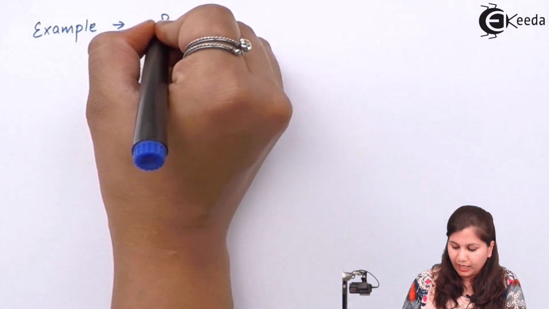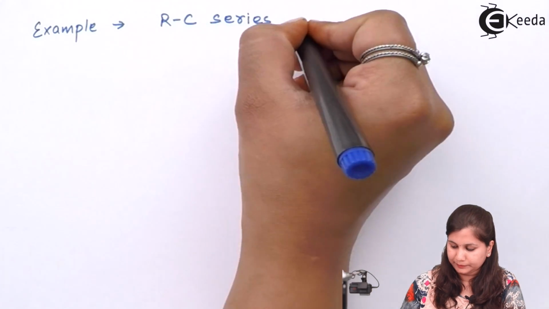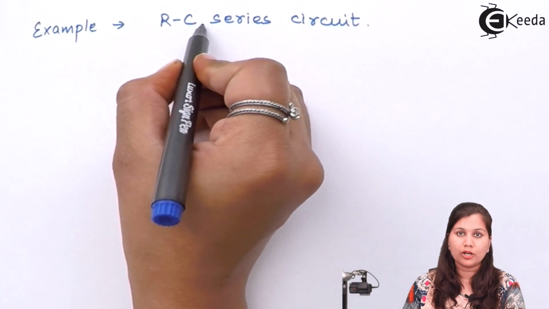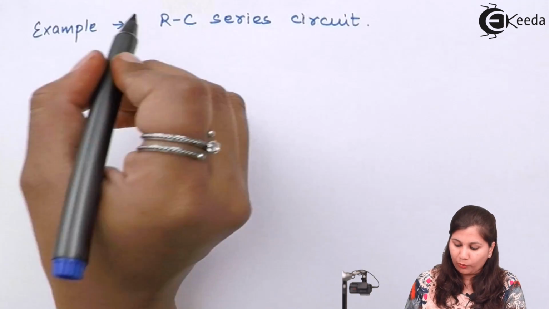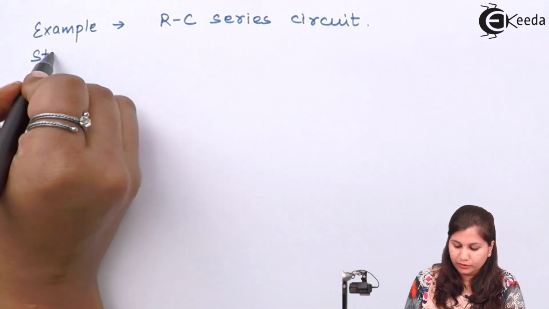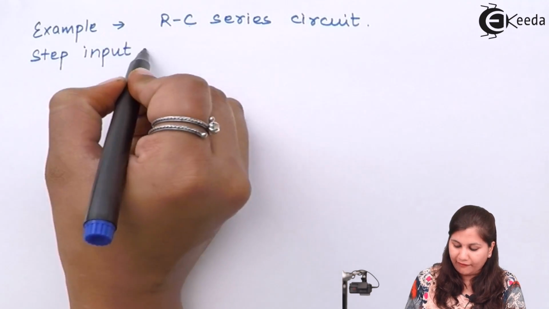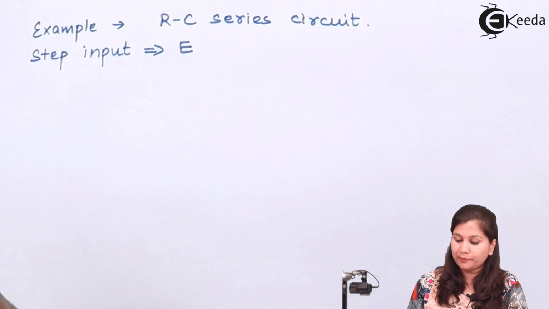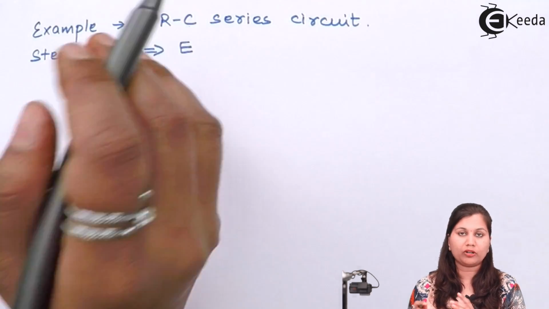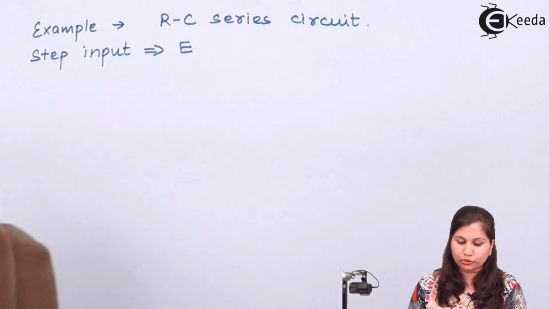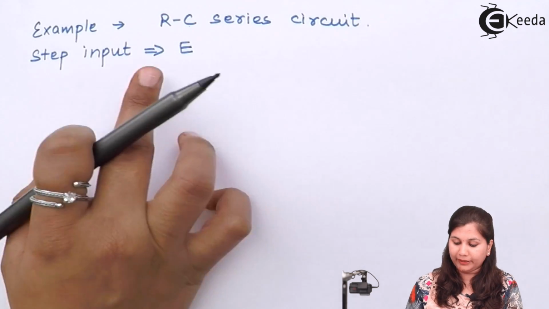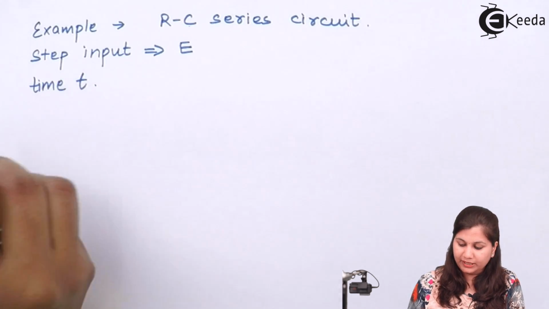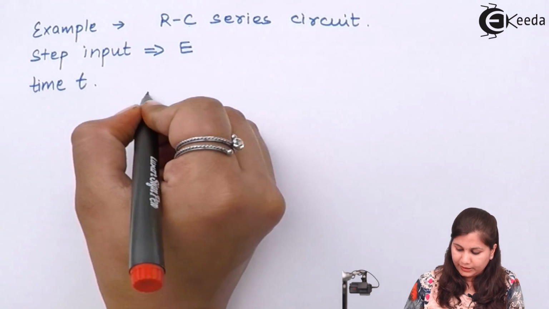Let's consider the case of an RC series circuit. In this RC series circuit, we have a resistance and a capacitor. The capacitor is an energy storage element. Now when a step input which has magnitude E is applied to this RC series circuit, we will get an output. Also some voltage will be stored in the capacitor, because the capacitor will be charged to some voltage. So the voltage across this capacitor after a time t, EC, will be